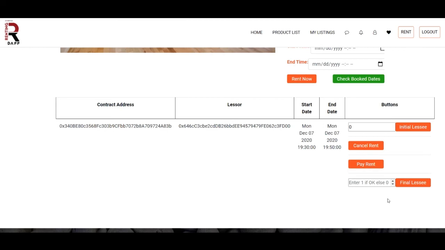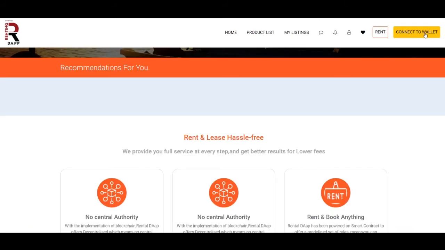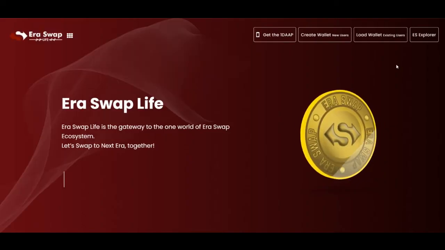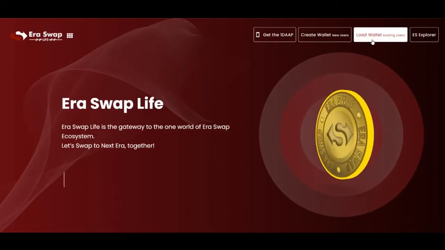So in this case, I'll just agree that yes, there has been some damage caused from the buyer's end. So we'll go on final lessee. And here you are. Now this step is very important. If you see the next one, which I'm going to do, the asset owner has to terminate this contract.